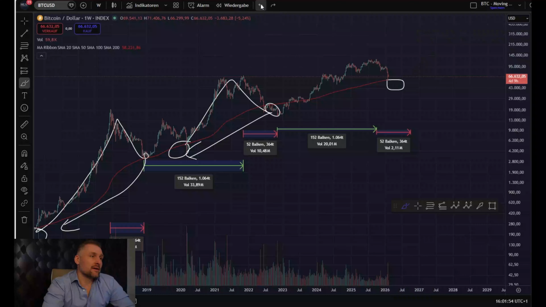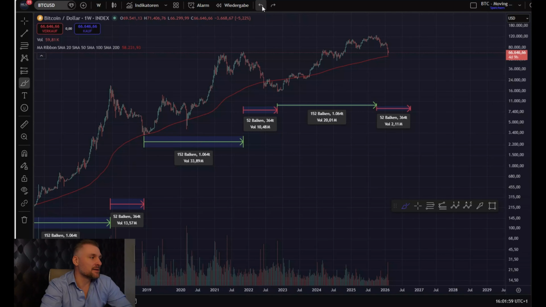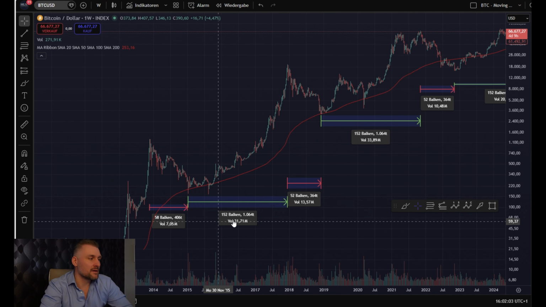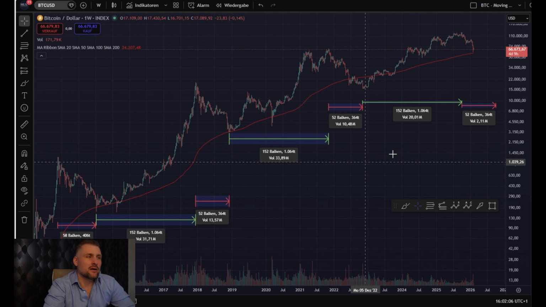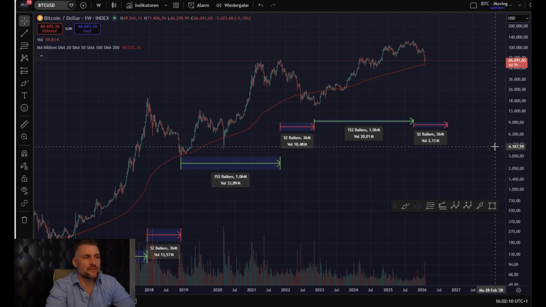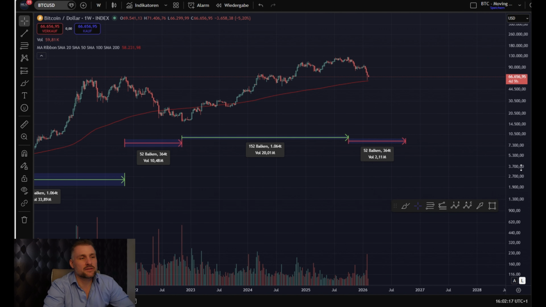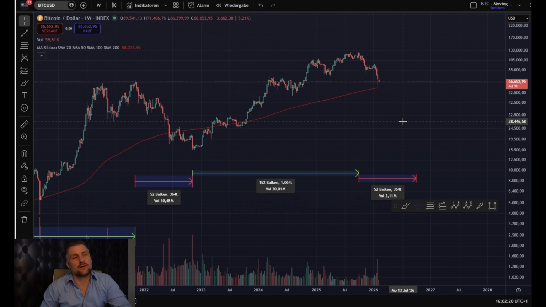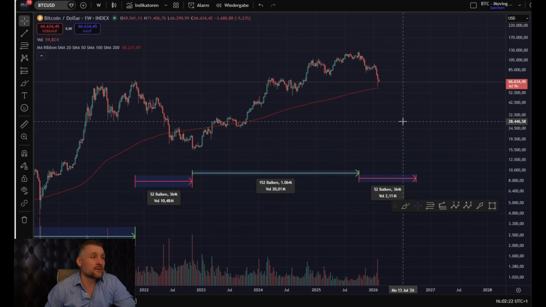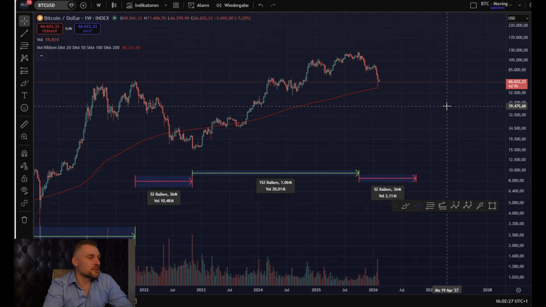So yes, this is my view from the moving averages and the similarities in each cycle. I think that's some information you can use to identify or interpret the current price level, because a lot of people now ask, oh, okay, Bitcoin almost dropped 50%. This should be a cheap price.